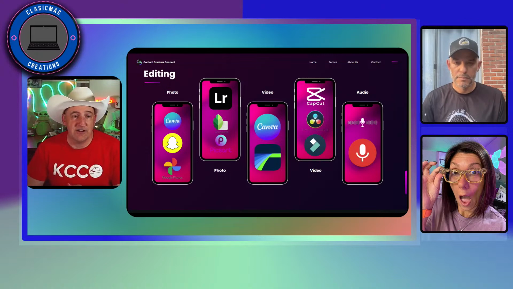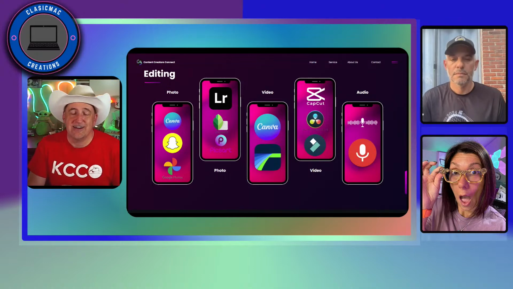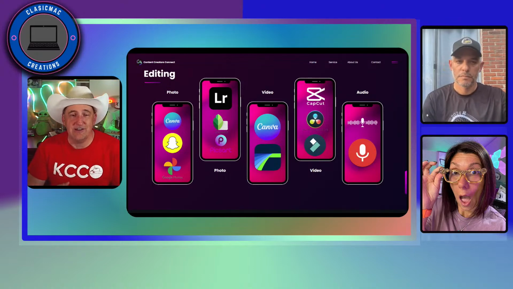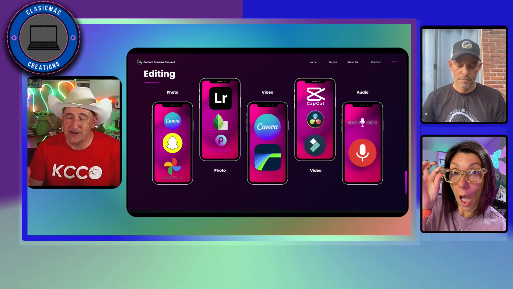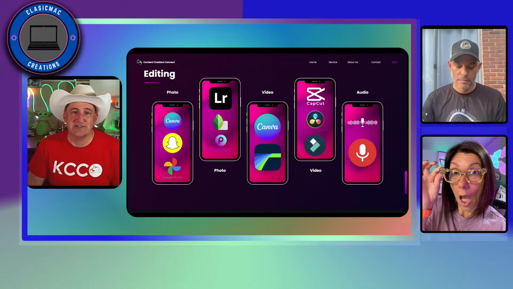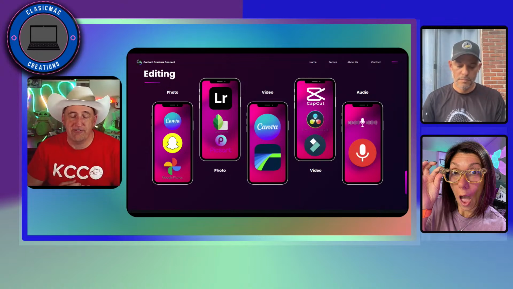And then the last one on that list under photo, PicsArt. I used to use that a ton when I was just doing individual posts, and like I was doing daily posts on all different social media sites. They had some templates that you could use and just insert your photos, and once again play with the contrast, the brightness, and all those features of the picture. But once again, Google Photos now has that built in as part of the editing.